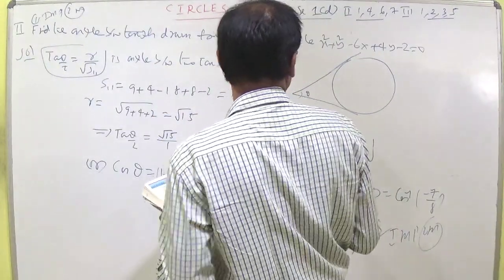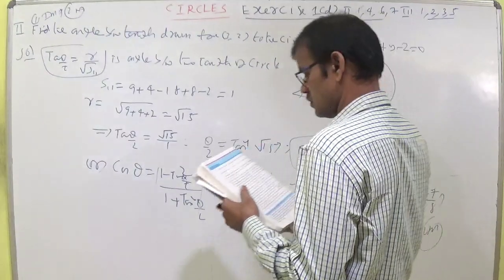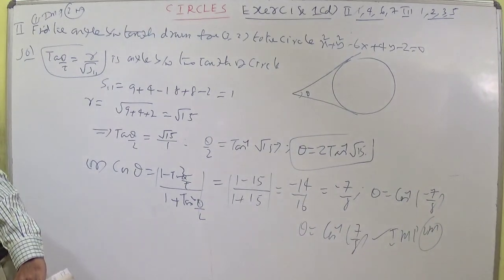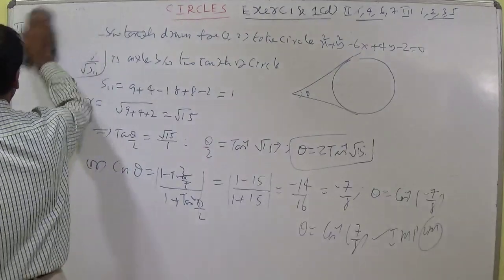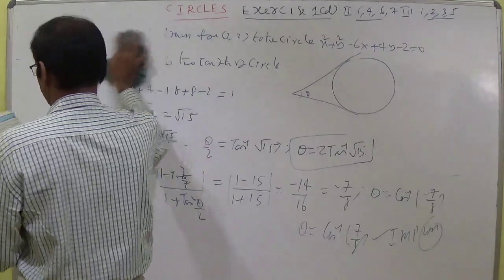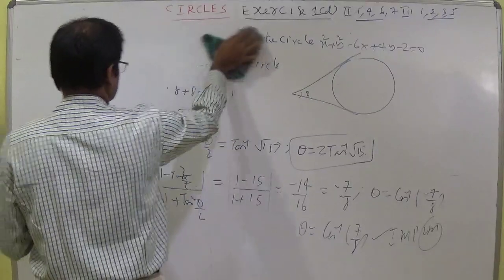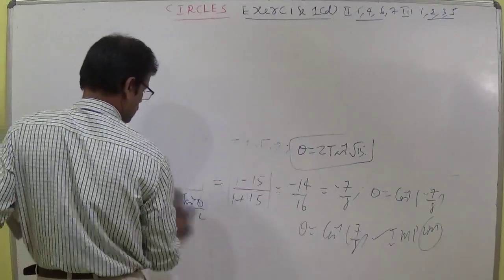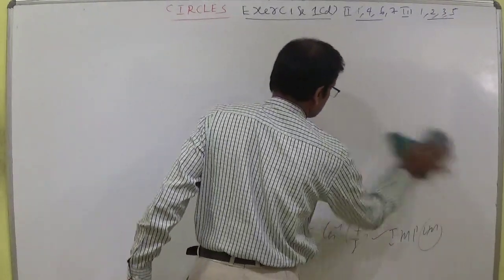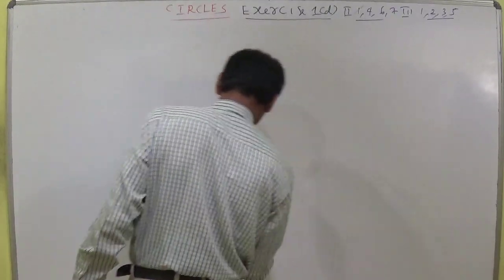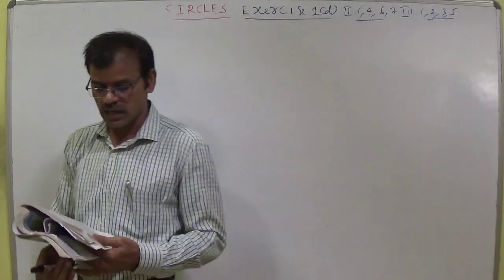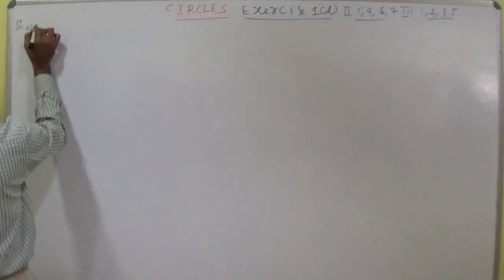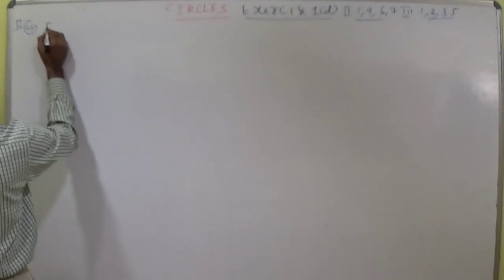So the fourth question I want to discuss here. Roman number 2, fourth question is a locus sum that you get in objective level 1. Find the locus of P if the tangents from P to the circle x square plus y square is equal to a square include an angle alpha. In your objective material, all the questions whatever I am discussing with you in level 1 matter or IPE matter, he has given as a synopsis. This is also given in the synopsis. Roman number 2, fourth question. Find the locus.